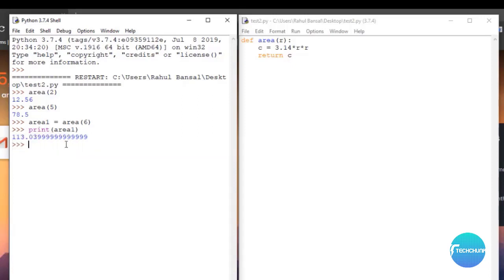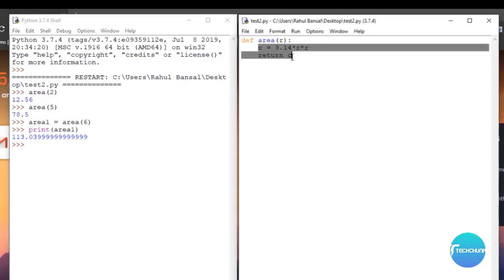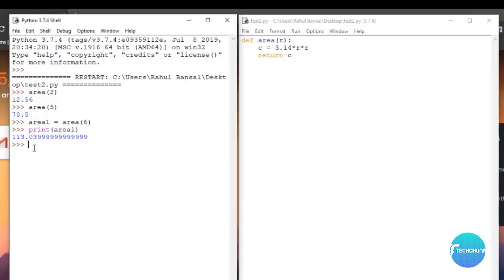So what is happening here? When we call this function area with 6, the code inside the function gets executed, and the last line is return c. The value that it calculates and stores in the variable c is returned here, and then it is assigned to the variable area1. So we have the area value in this variable.